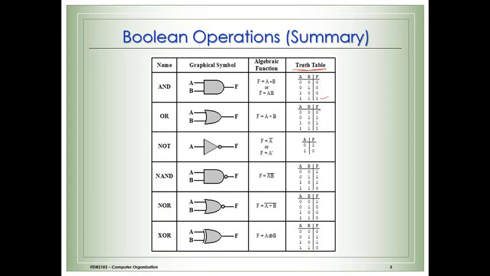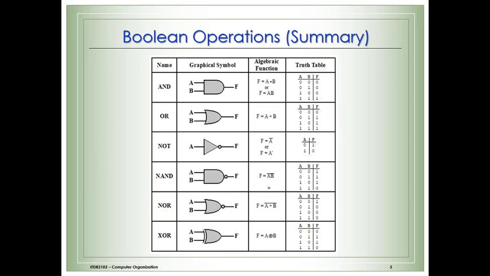Similarly, the truth table for the OR operation: the OR operation says that if at least one value is true, then the result is true. Here none of the values are true, so the result is false. Here one value is true, so the result is 1. Both values true, the output is 1. Then in NOT, whatever the input is, you get its opposite, meaning you invert the value. So 0 becomes 1 and 1 becomes 0 when passed through a NOT gate.